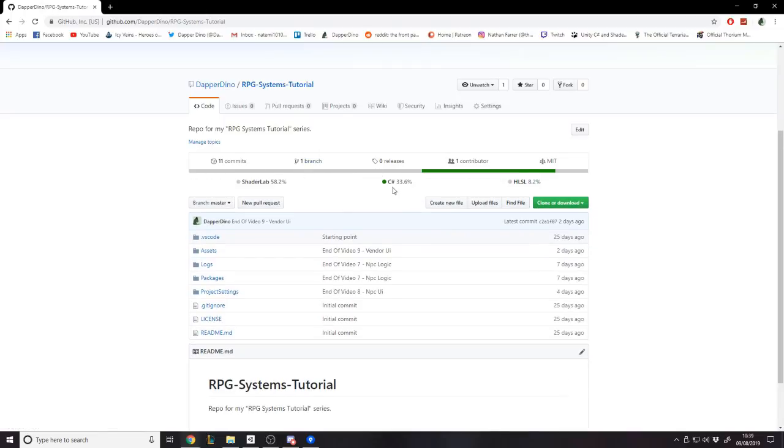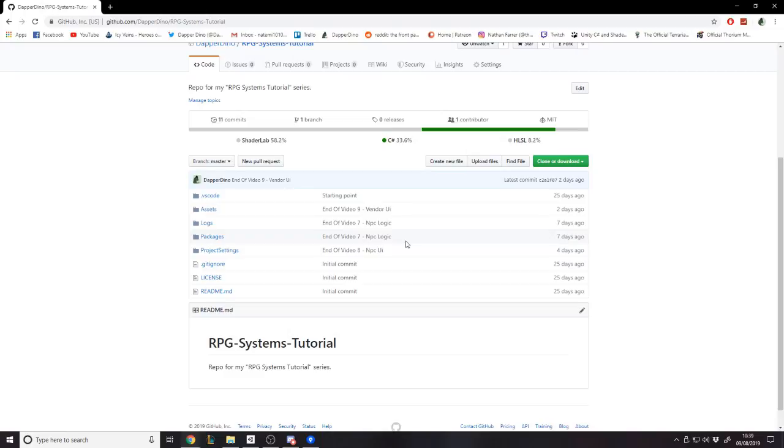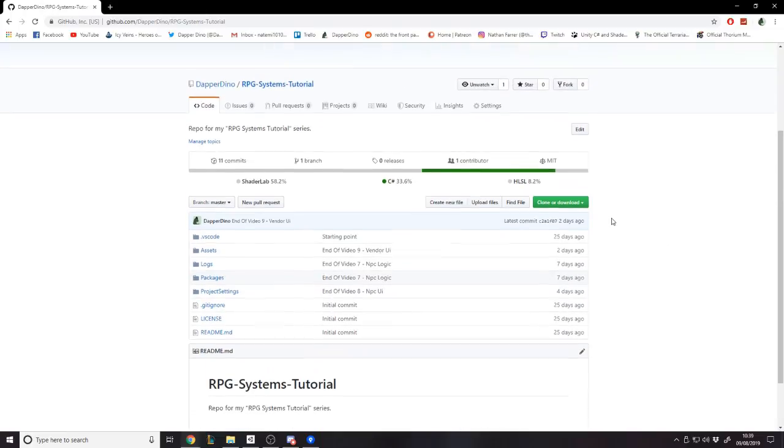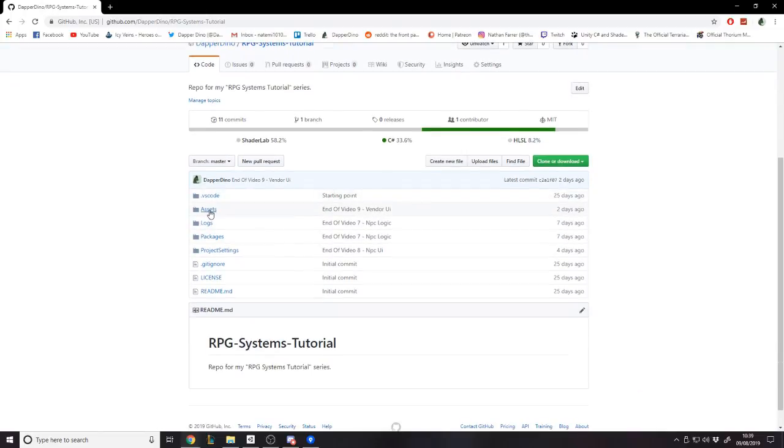Because the Unity source code, like the engine, doesn't get included into this. Basically, when you're pushing your project, you only push the files you want to, and I'm going to explain that in a minute when we make a test project. But you can see here I've got the code, and you can look into it just like the normal file